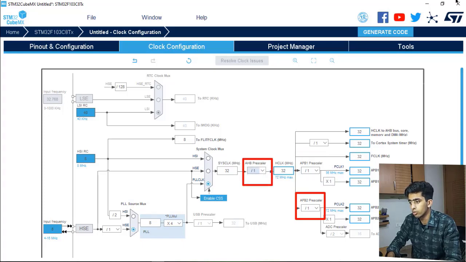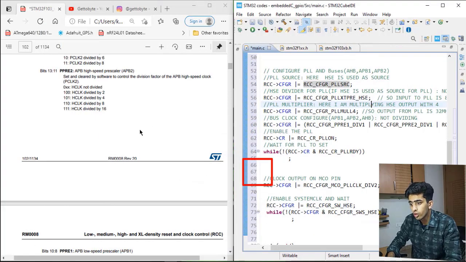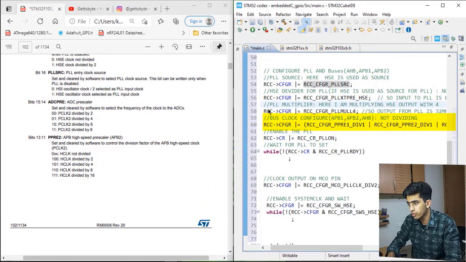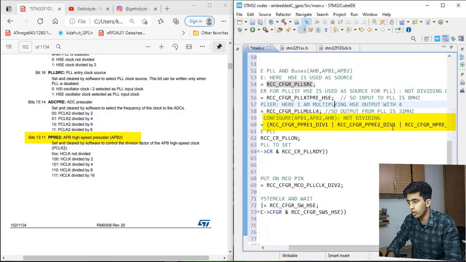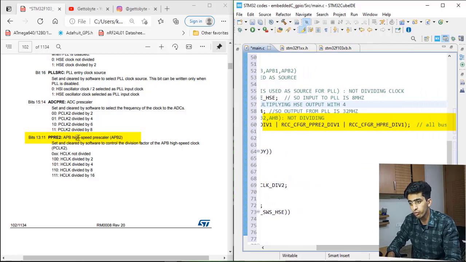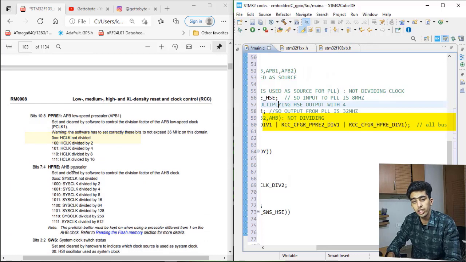So correspondingly I have set the registers RCC_CFGR_PPRE1_DIV1, that means not divided, and PPRE2_DIV1, and HPRE for my AHB prescaler, which is the high frequency clock bus interface, and that I have also not divided.